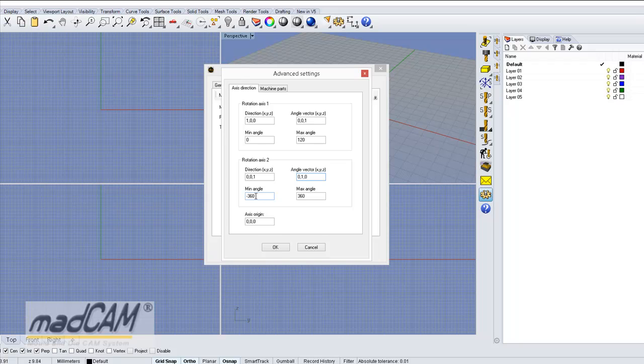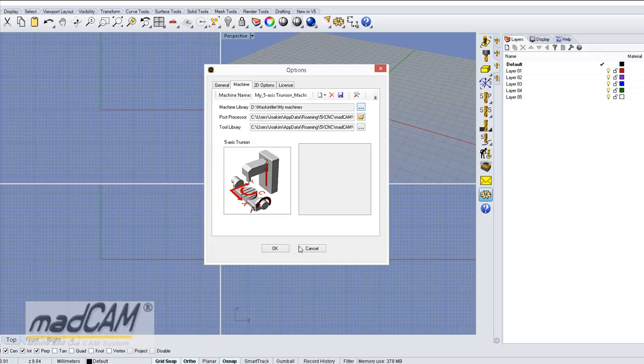And the minimum and maximum angle should go from -360 to 360 in this case, because our second axis can rotate, no limit for the turns for the second axis. Okay, click OK there,